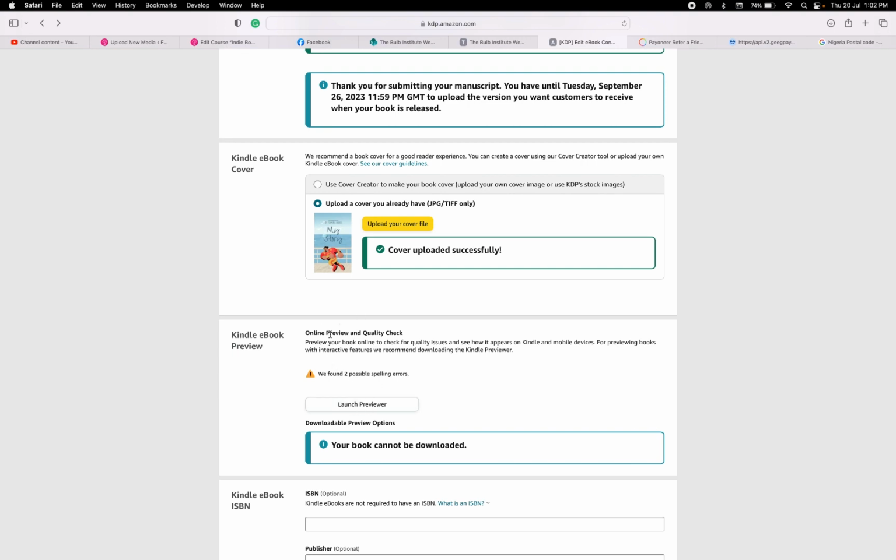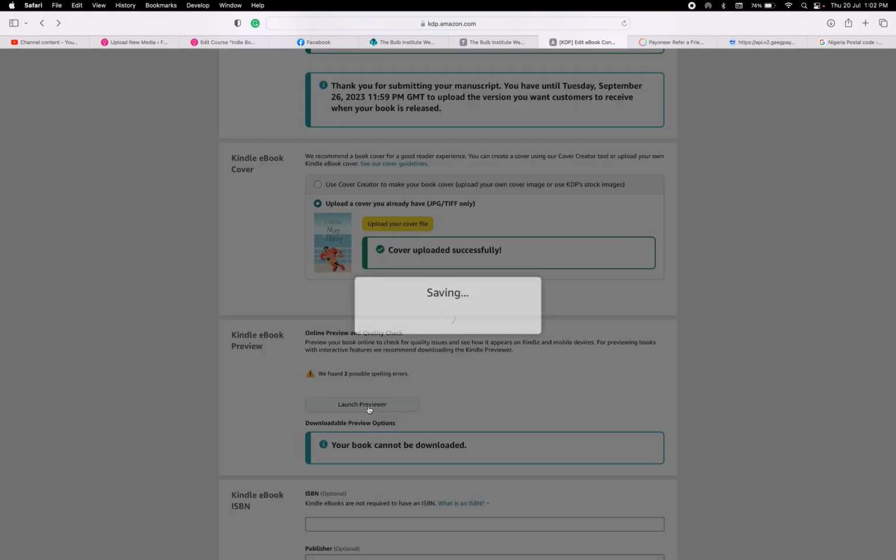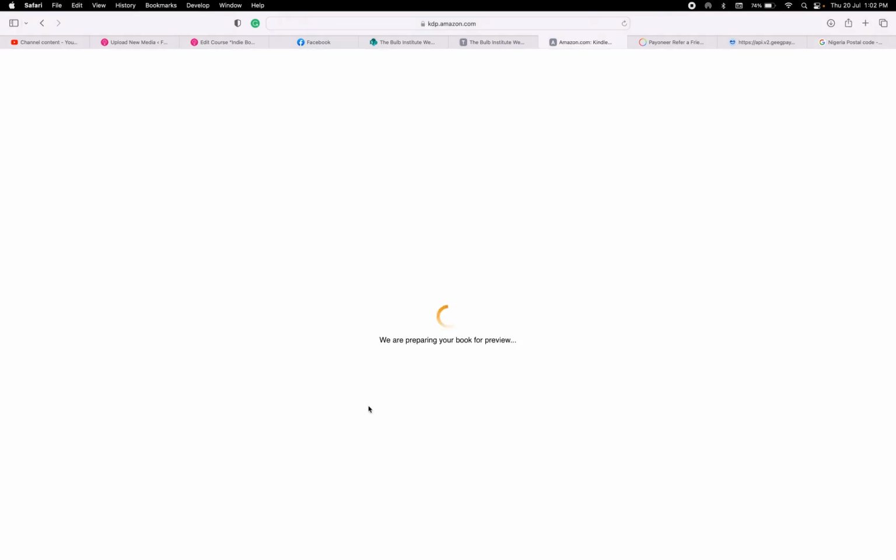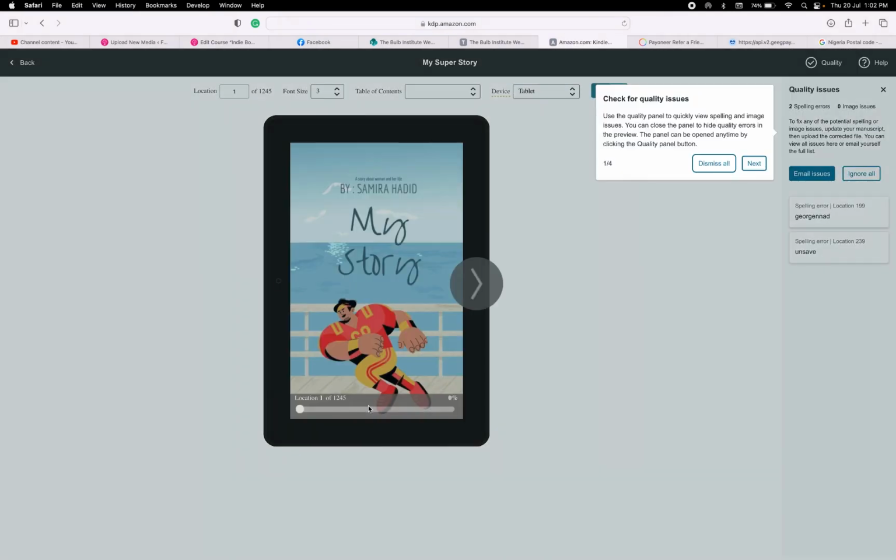So you can see from this online preview and quality check that there are two possible spelling errors. So we can launch preview to know what these errors are and to know if it's something we can ignore. But remember, the manuscript I'm using is not necessarily titled My Story, so I'm not planning to use that manuscript. So when you launch preview, and you can also do all these things with your phone, just that it's going to take you time. So when we select the preview,